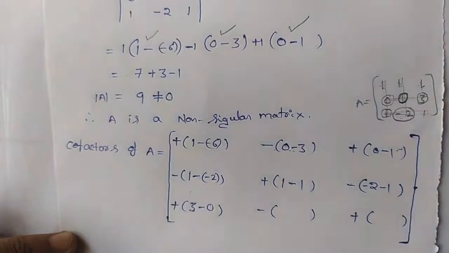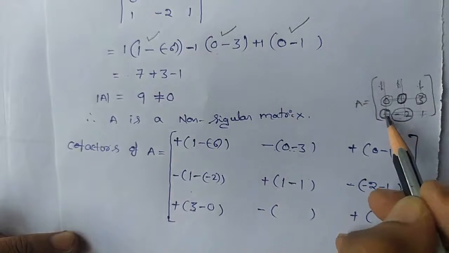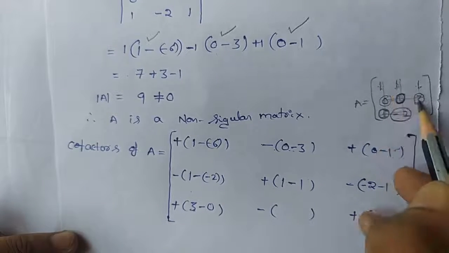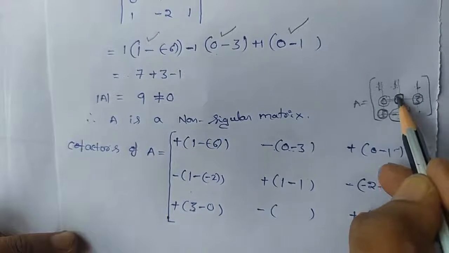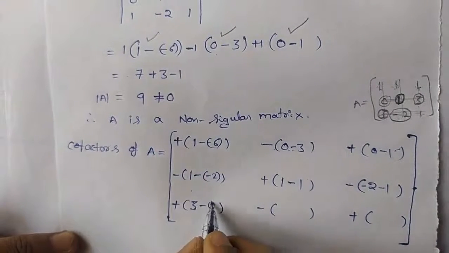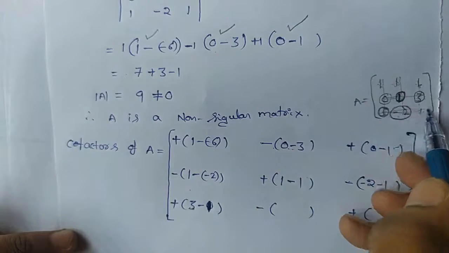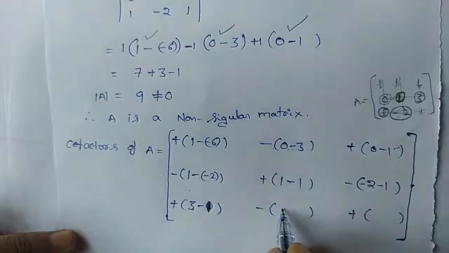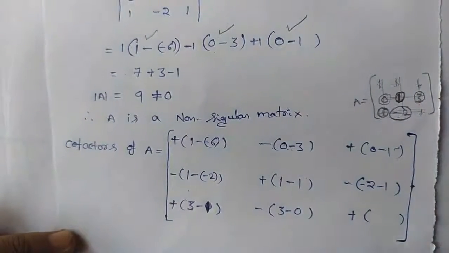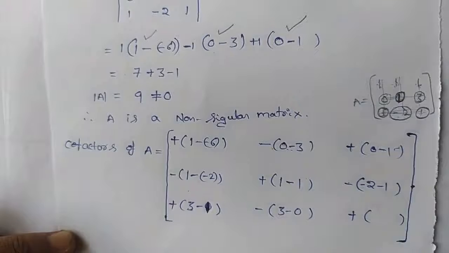See, the cofactors of the element 1, delete that corresponding row and corresponding column. 1 into 3 is 3, minus 1 into 1, it is not 0, it is 1. 1 into 3 is 3, minus 1 into 1 is 1. 3 minus 1. We need to find the cofactors of minus 2, delete that corresponding row and corresponding column. 1 into 1 is 1, into 3 is 3, minus 0. Next, similarly, cofactors of the element 1, delete that corresponding row, corresponding column. 1 minus 0.